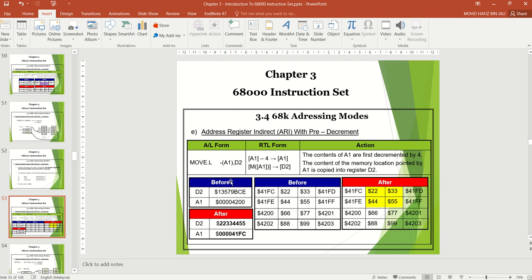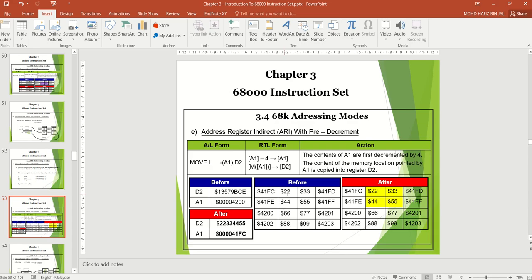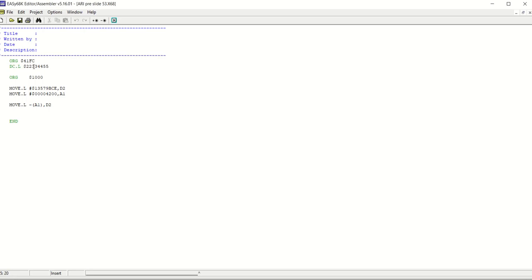So you need to calculate 4200 minus 4. You will get 41FC, because in the setting you need to set the origin address to 41FC. At 41FC, the value is 22334455. And this is the pre-decrement operand.